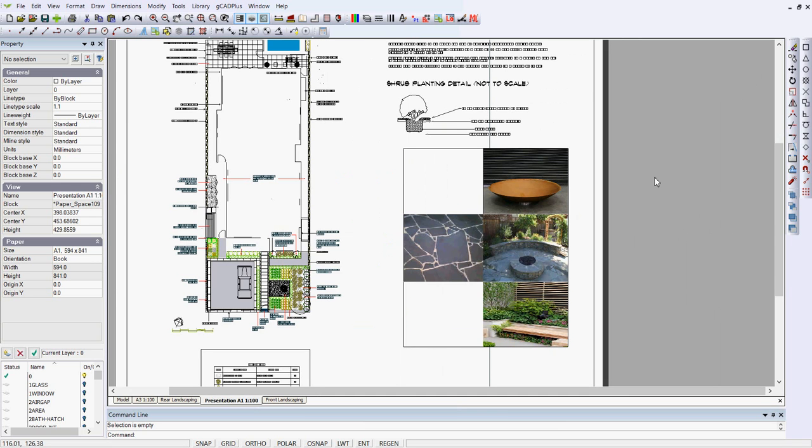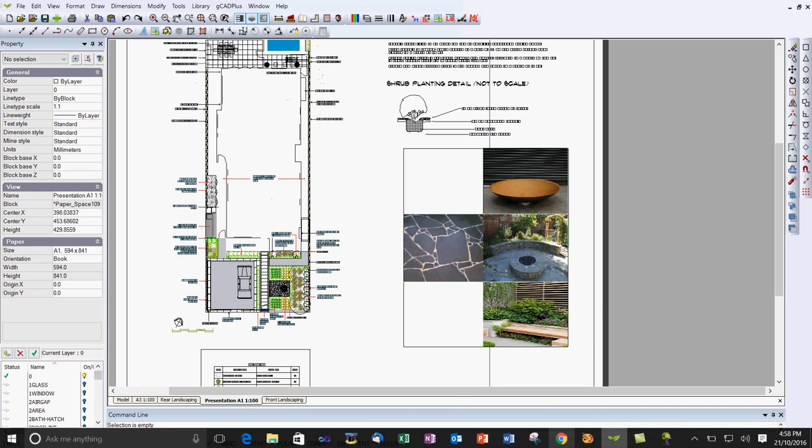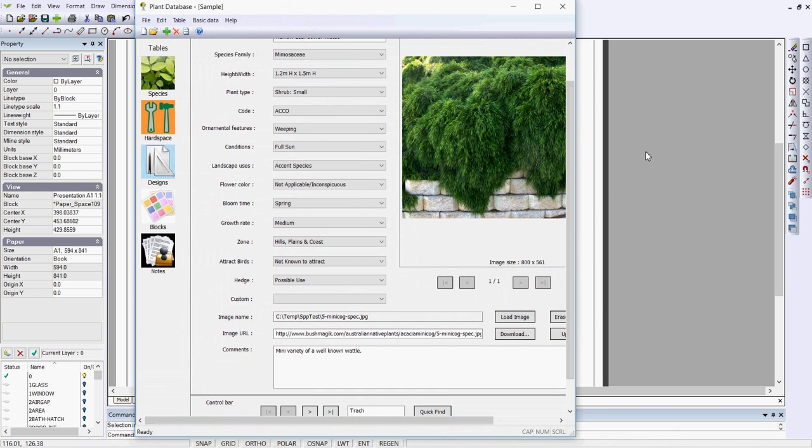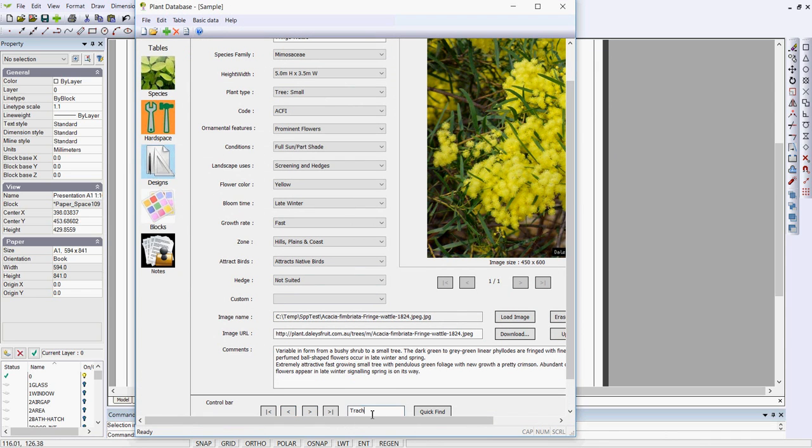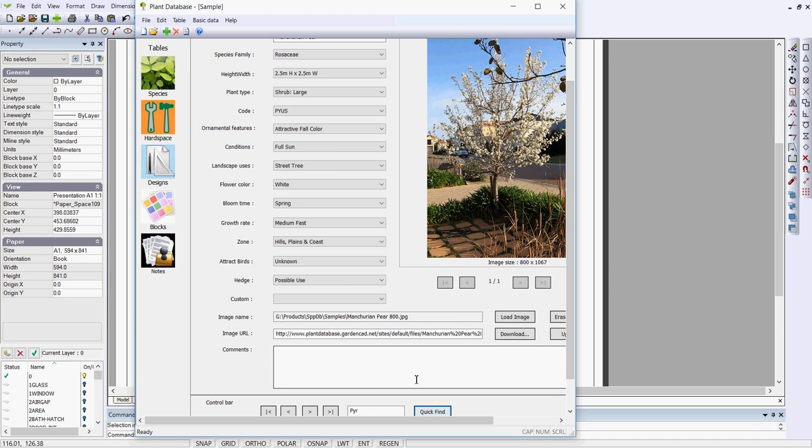Well, I've imported into this space a block which has got some images of some hardscape elements. What we'd like to do now is to put at least a couple of images of species used in this design. So I'm going to swing to our companion personal database application. This is an application that enables us to scroll through and pick up details. Now, we've got in this design Pyrus, so PYR, we can do a quick find. That finds that image, and we can then